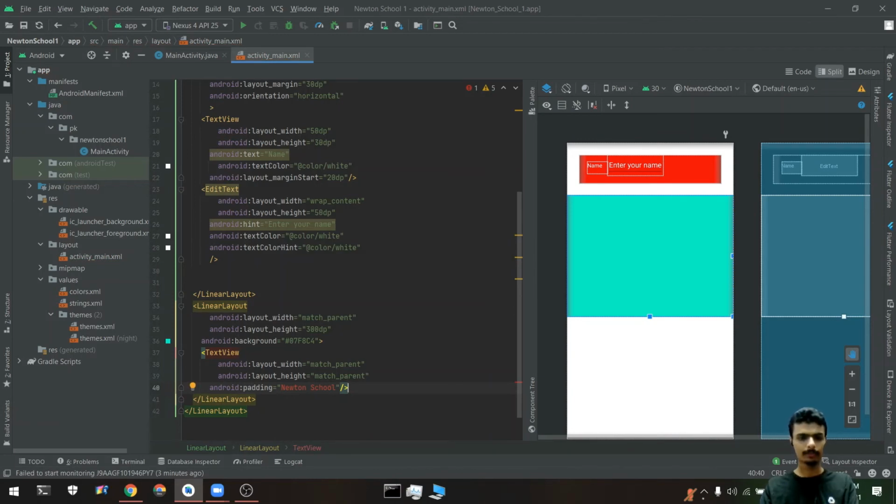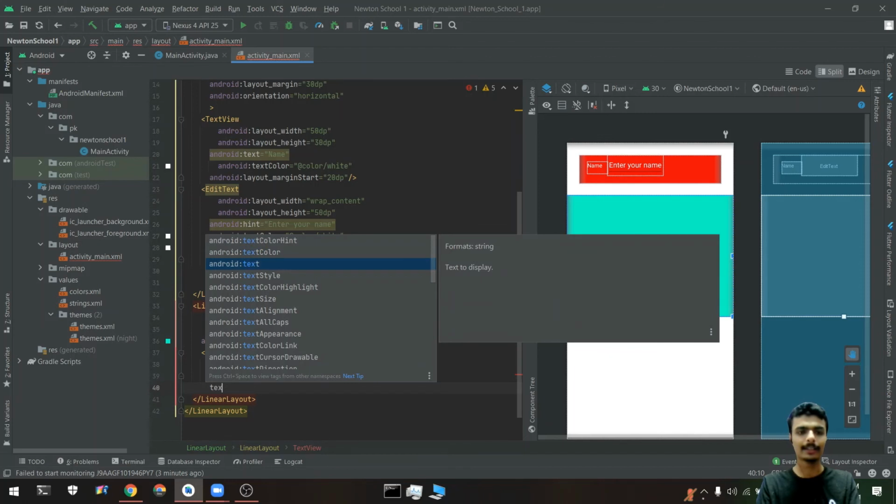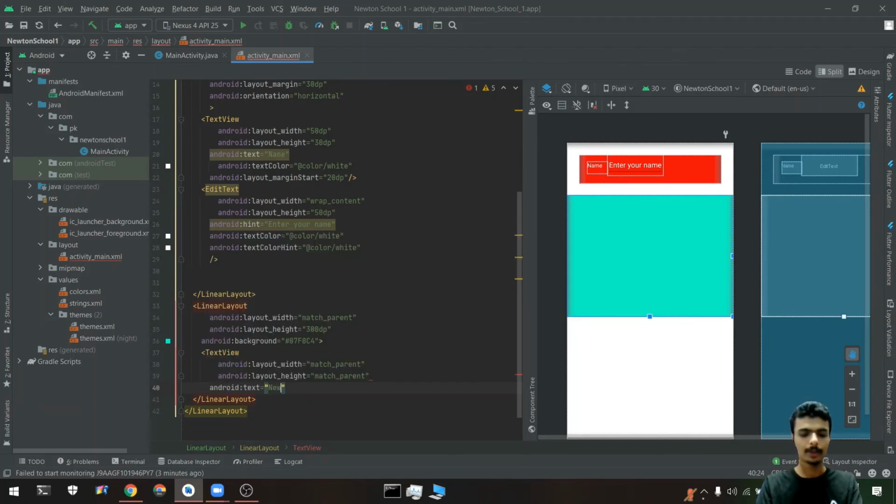So what is the issue? Okay, sorry, I wrote the padding part. So the text is Newton School. Okay, fine. So I can write with that part.